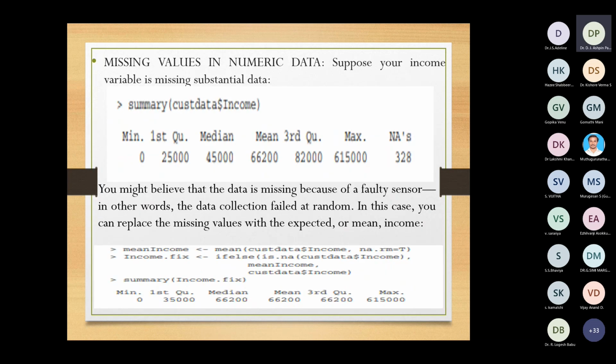That is one way. And then if the missing value is numeric data, suppose an income variable, and many of them appear like 328 for 328 data, you cannot ignore those rows, right? In such cases, what you can do is fill the value with the expected value. For an income variable, if 328 not appear cases are there, definitely you cannot drop that row. In such cases, you have to fill that missing value with the expected or mean income by using this command.